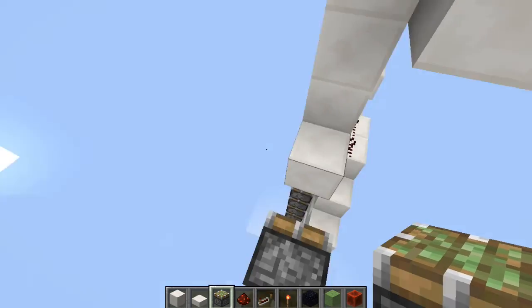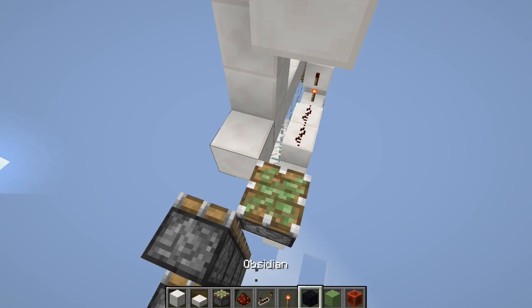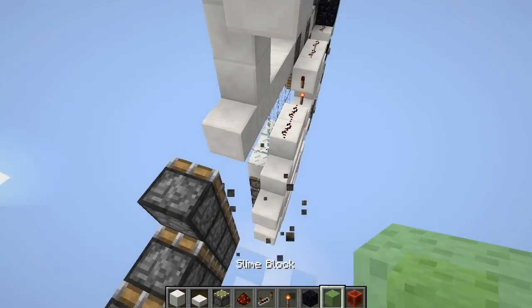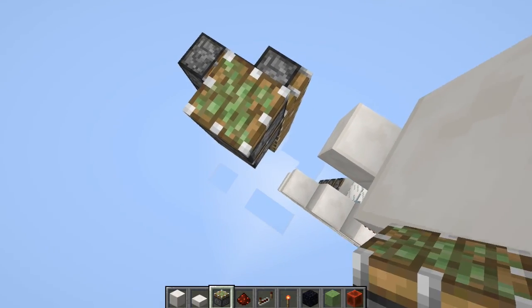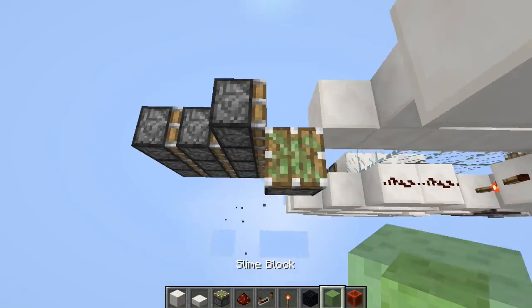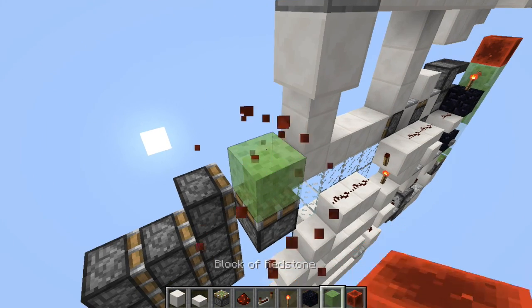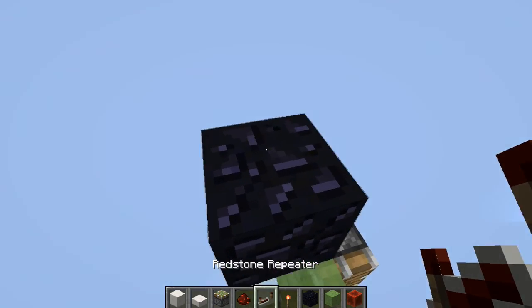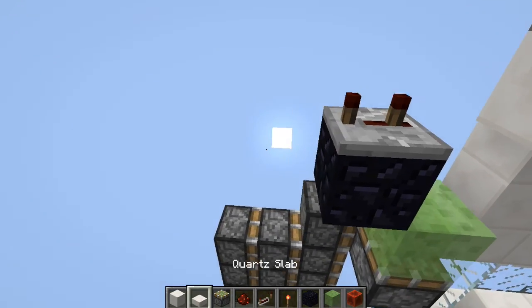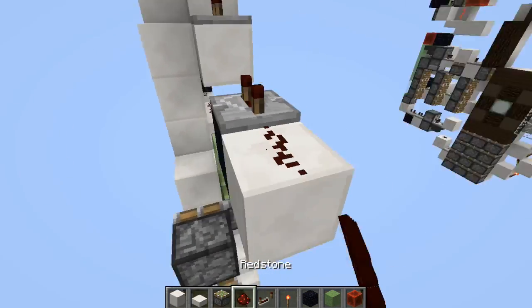Alright, and now we're going to place a sticky piston right there, and this is going to be a butted, so it's going to have a slime block right there, and there's going to be a redstone block on there, but I'm going to wait a minute in case it updates and messes it up. So we're going to place a 3-tick repeater right there, and that's going to go into a block with dust on top,